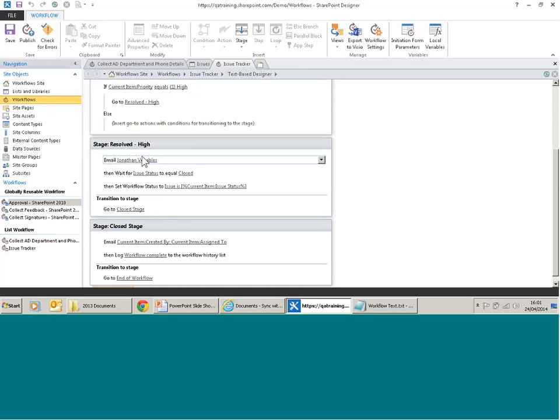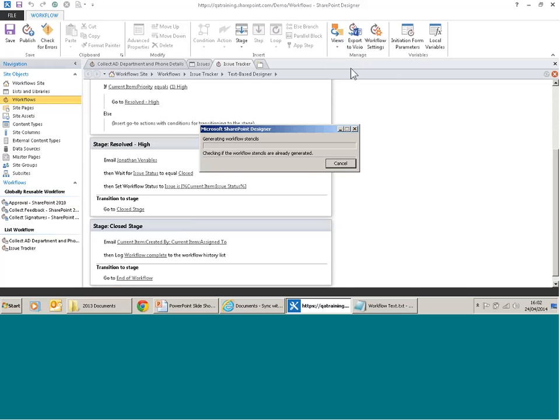How to actually work with building this stage in another type of system. It's not so much another type of system. If we have Visio 2013 Professional, then what I'd like to do is show you how to build what's called a Visual Designer view. So you can see where I'm going here. We're currently working in text-based designer. If I go to Visual Designer and wait a couple of seconds, then what should hopefully happen